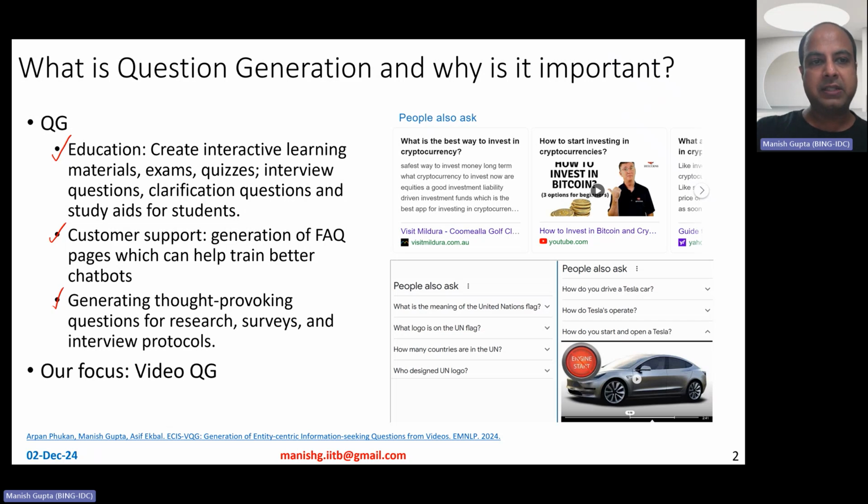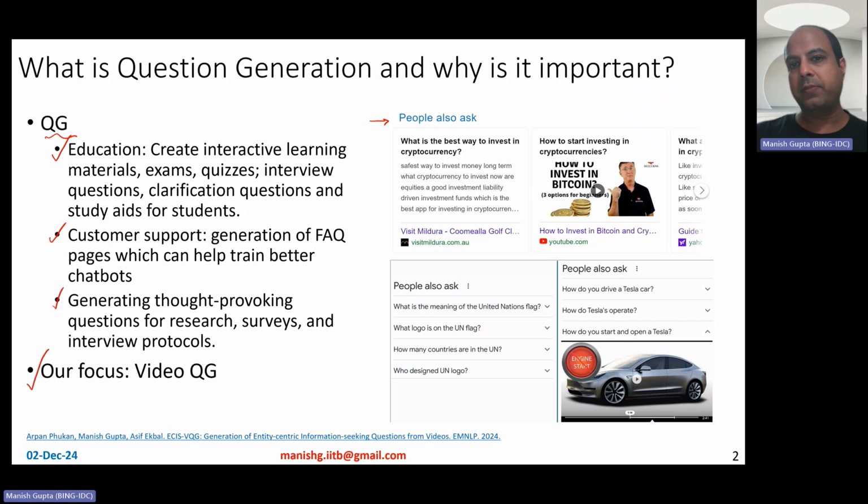In this work, rather than just doing typical text-based question generation, we are going to do video-based question generation, which means our input is a video, and we want to generate questions out of those videos. By the way, this is also useful in search engines, where search engines actually show these kinds of modules called people also ask or related question answers, right? Related Q&A,